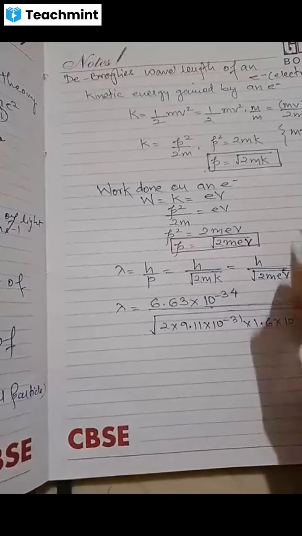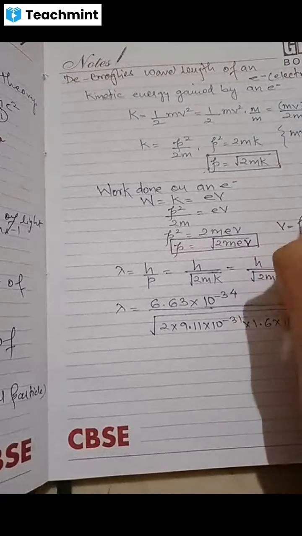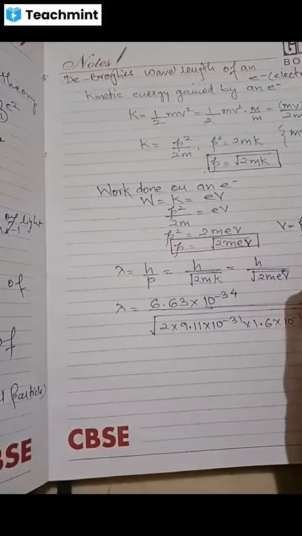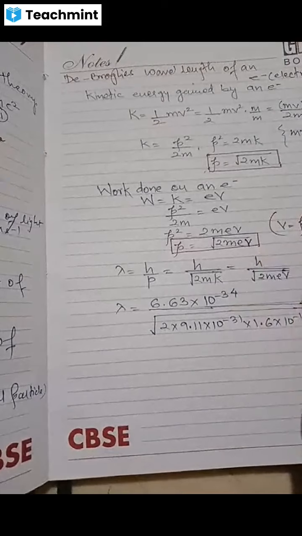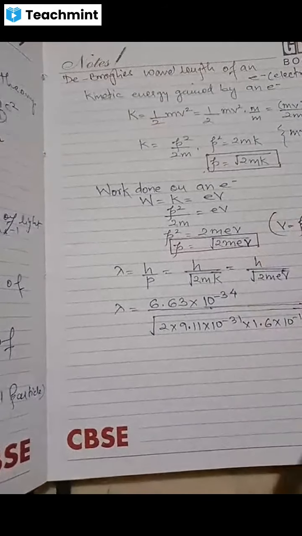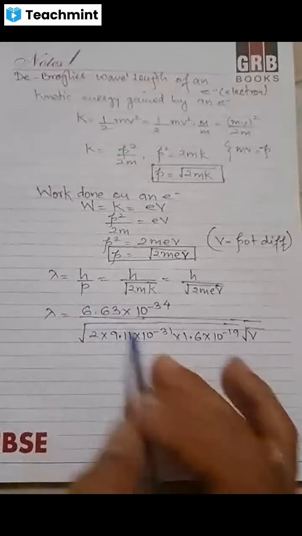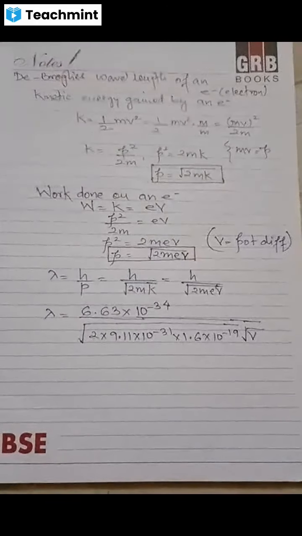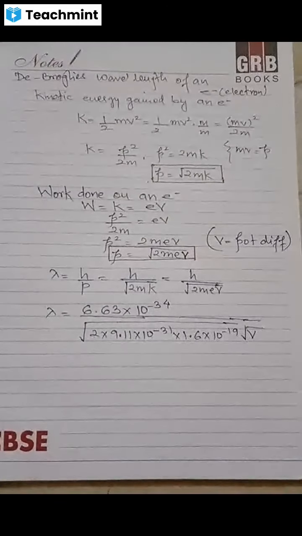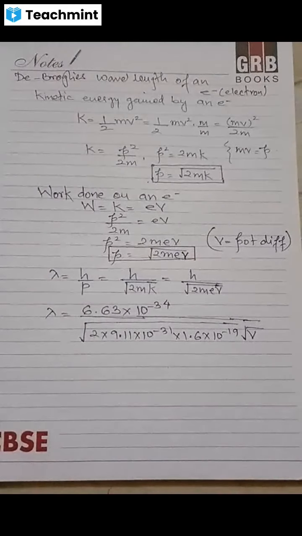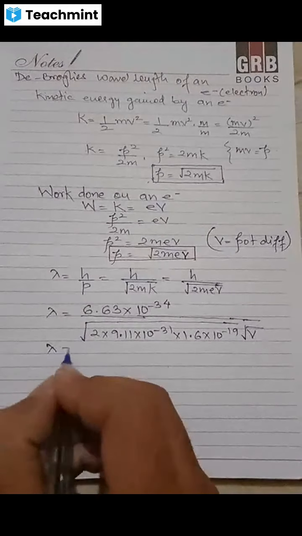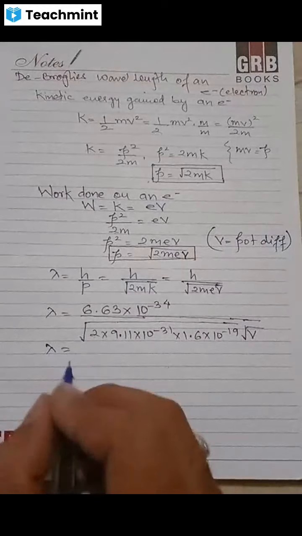ये क्या है? वी क्या है बेटा? मैं लिख देता हूँ, वी इज दी पोटेंशियल डिफरेंस. वी क्या है? पोटेंशियल डिफरेंस. नाउ दीज आर ऑल न्यूमेरिकल वैल्यूज. इन न्यूमेरिकल वैल्यूज को सॉल्व आपको करना है. अब जब आप इन न्यूमेरिकल वैल्यूज को सॉल्व करेंगे तो यू विल बी गेटिंग सम स्टैंडर्ड आंसर. दैट वैल्यू आई विल बी प्लेसिंग इट टू यू. मैं आपको यहाँ पे वो वैल्यू प्लेस कर देता हूँ.